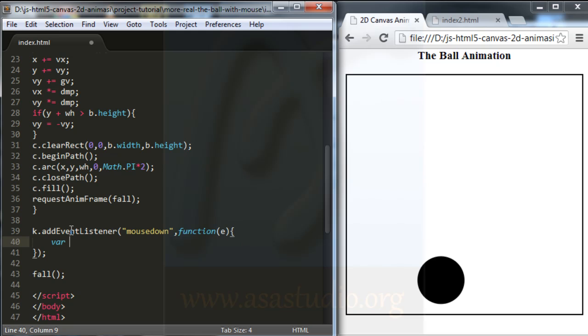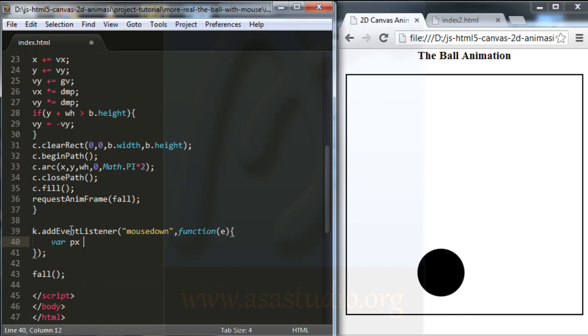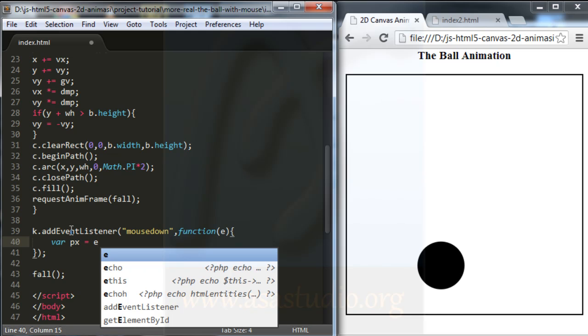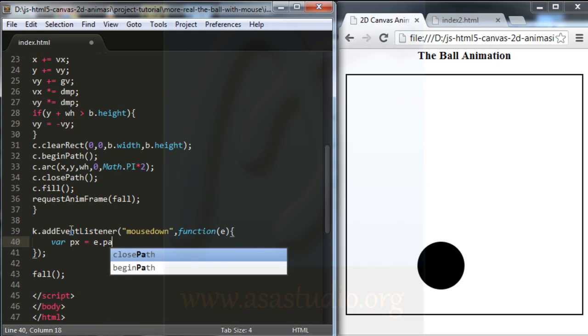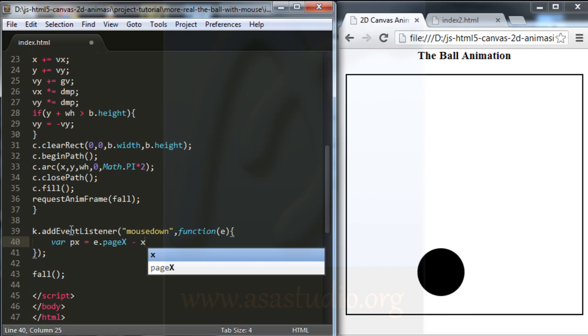Maybe I type px, the position x. I add the variable px, position on x, equal to e.page X with a capital X, minus x.